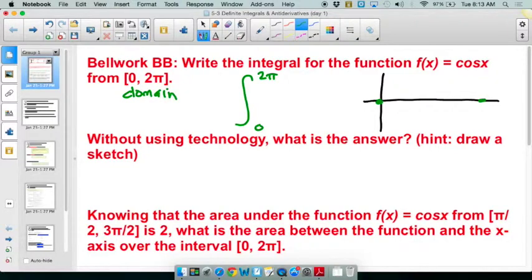Okay, then what do we need? The function. So we have the function itself, cosine x, and then what do we need? Dx. Okay, that differential expression. And it's just a d and then whatever variable you're looking at. Okay? So there's the integral for the cosine of x from 0 to 2 pi, which means